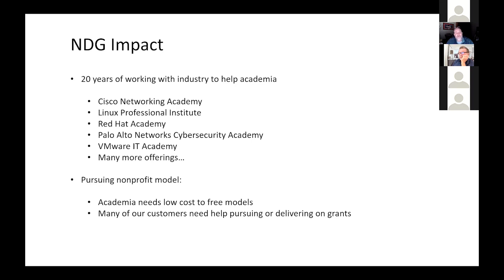Palo Alto Network Cybersecurity Academy has not only embraced the academic community at the vocational high school, community college, and university, which a lot of our partners focus on, but they have a program now called Cyber ACES, and we're trying to support these programs. It goes all the way down to like a 6-year-old, K to 12, to high school. The reason we really like that is recently, this week actually, I was at a conference supporting Tribal Nation, and they're working really hard to get broadband into tribal nations.